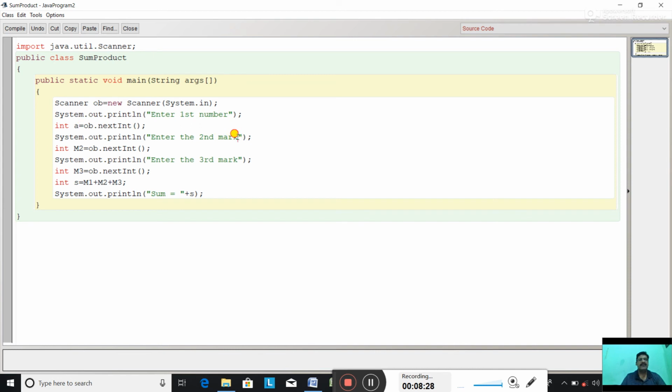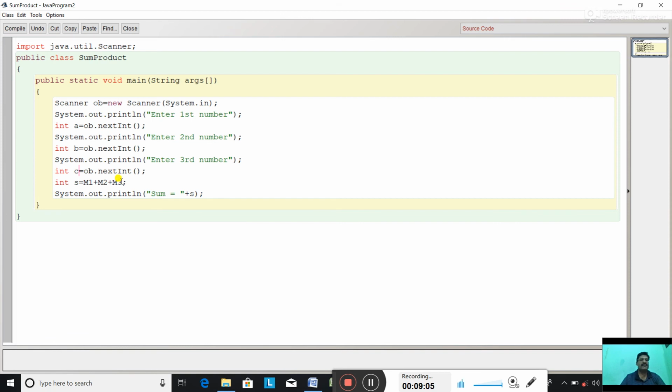Enter second number. int b equal to ob dot nextInt. Now enter third number. int c equal to ob dot nextInt.